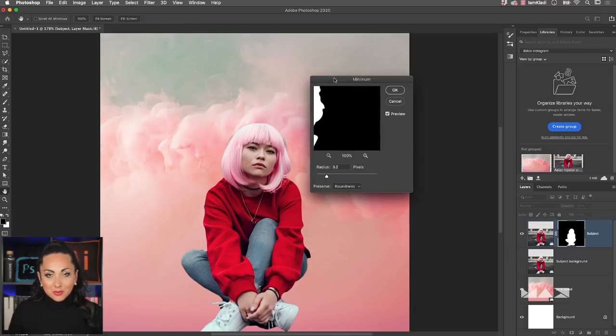By accessing the minimum filter, you will be able to contract your mask because, as you probably already know, white reveals and black conceals. So the more we spread the black area, the more we'll be able to refine our edges or the visible pixels. Also, minimum is a pretty amazing tool to use because it gives us the possibility to really refine the radius, working with decimal numbers, giving you fantastic control of your masks. Now let's click on OK to accept the changes.